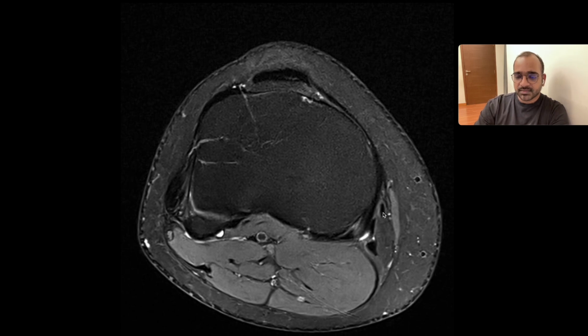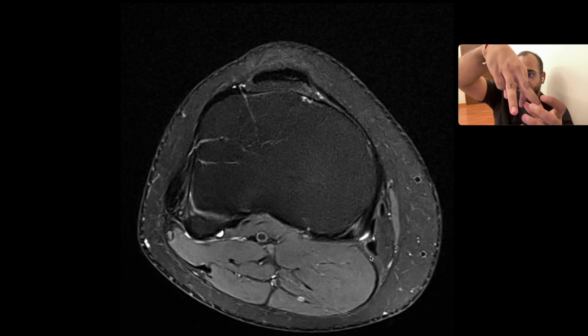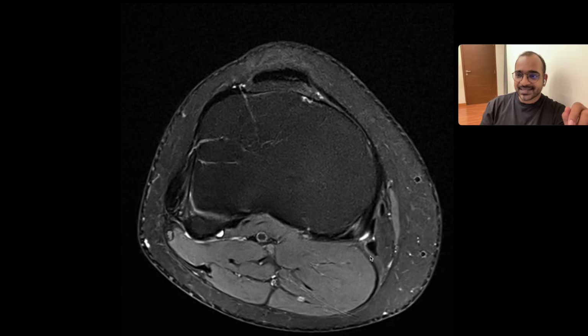So pes anserinus bursa, these three tendons are called what? They are called guy ropes. So why are they called guy ropes? Usually the guy ropes are the ropes which hold the tent. If you see the tent, if say this is a tent, so these three ropes hold the tent. So what is the tent in this case? It is our hip. So the hip is being held by these three beautiful tendons,